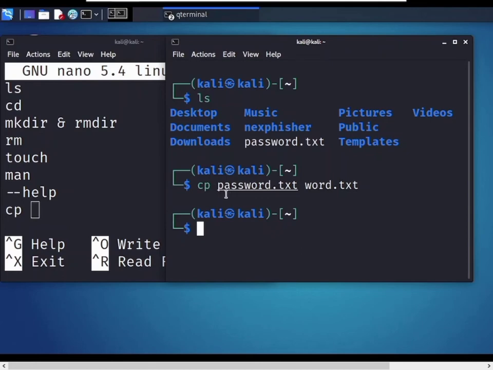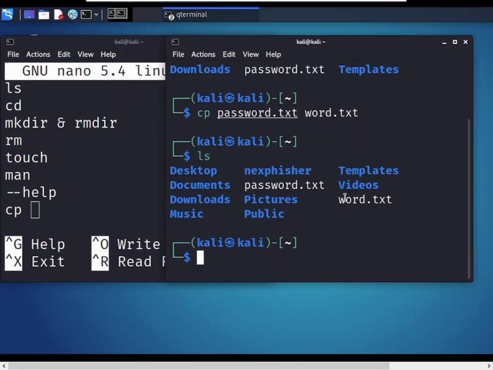Now my password.txt file is copied into my word.txt file. Using the ls command, it has created a new word.txt file, and all the password.txt content is copied here to the word.txt file.